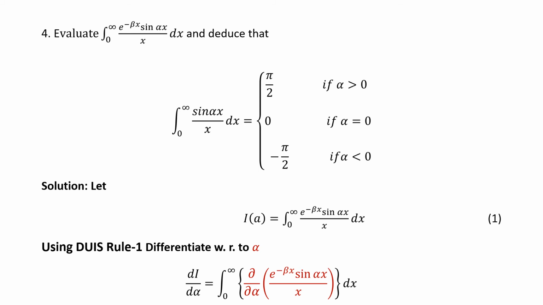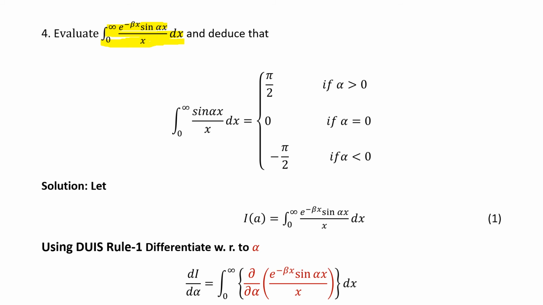So we will come to this deduce part next. First we just evaluate the given integral value. So what we can do, we can integrate this value? No, because the denominator is having x. If this x will not be there, then we can easily integrate it. Okay, so for that we will apply again DWIST, and obviously limits are constant, so we will apply DWIST rule 1. Okay, now again here two parameters other than the variable x are given, that is alpha and beta.